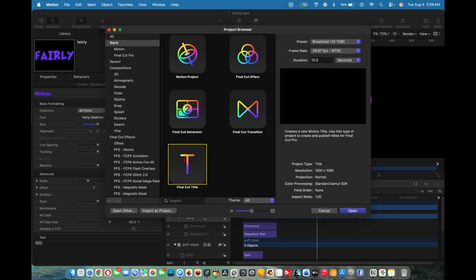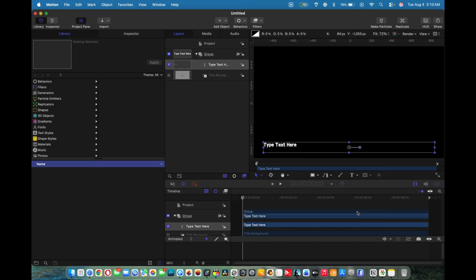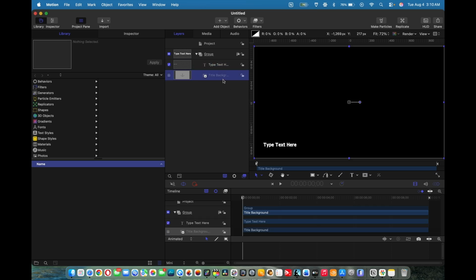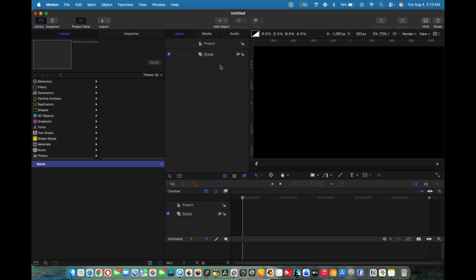So you're going to select the project. You can leave Broadcast HD 1080 and frame rate 29.97 FPS, and then leave the duration of 10 seconds. Open. And you're going to delete these right here. So you select them both and delete. Then